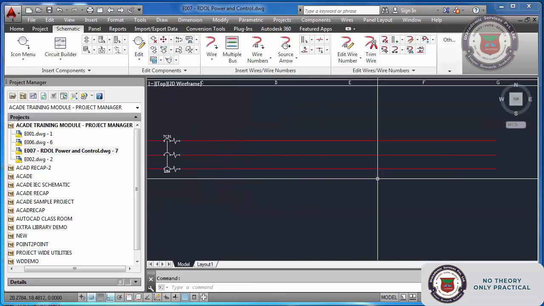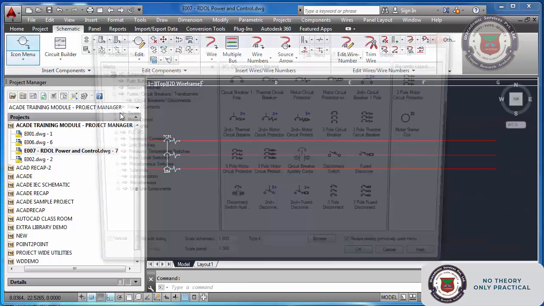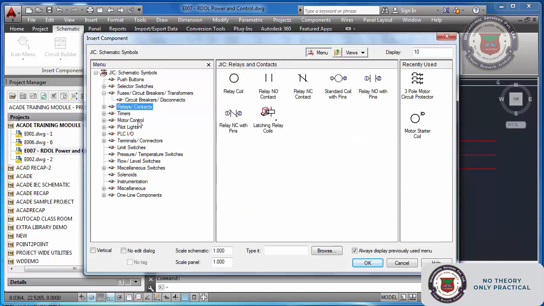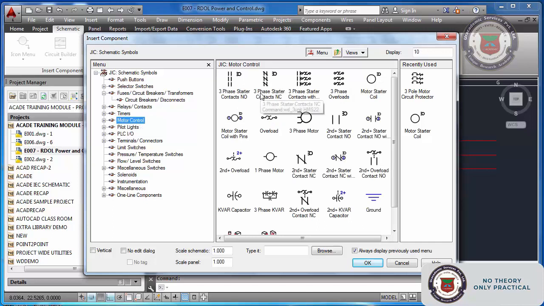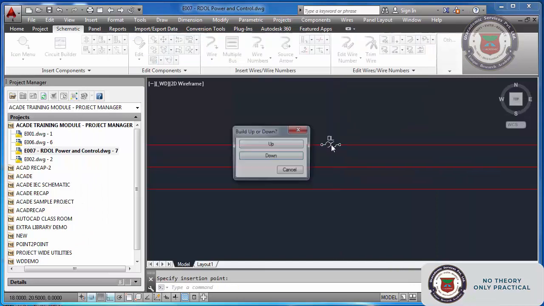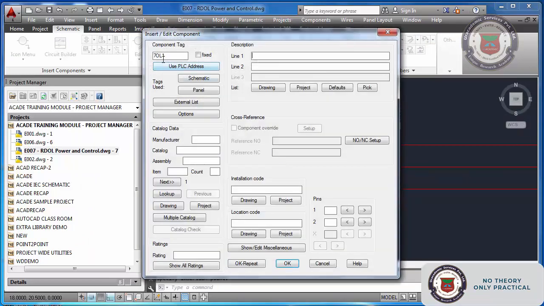Now the second thing I'm going to do is insert a thermal overload relay. I will find, yeah, it's here, 3-phase overload relay. I'm going to insert here, down, 7OL1. Let us say this is 80 to 125 ampere setting.